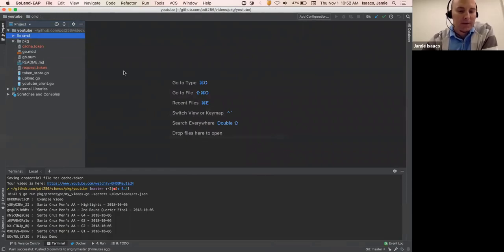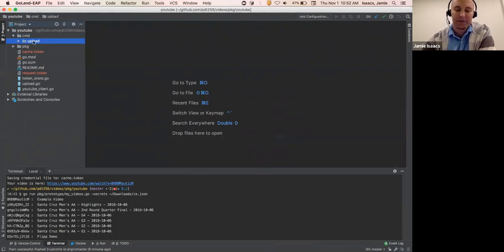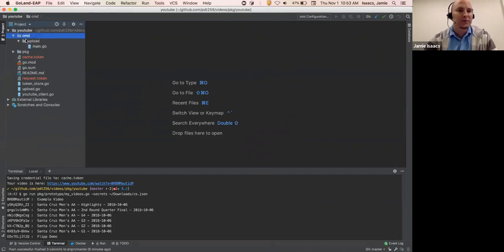So I read a few articles and found that if you're making a command line application, it's best to put those in a cmd directory, because when you do a go build, it uses the name of the folder as the executable. So if we were to go build this main.go, it would be called upload. I think you can name it separately, but it really fits, because if I have multiple commands,